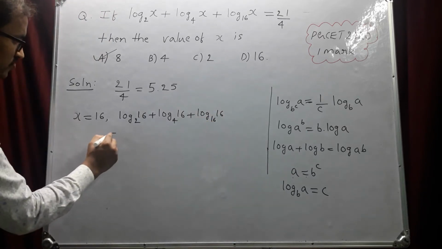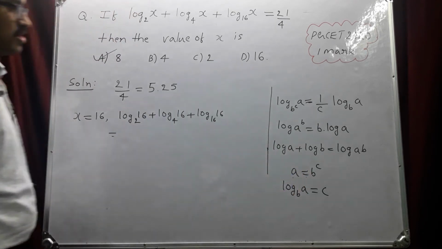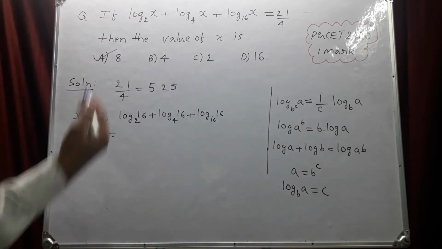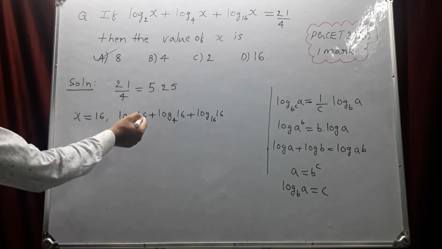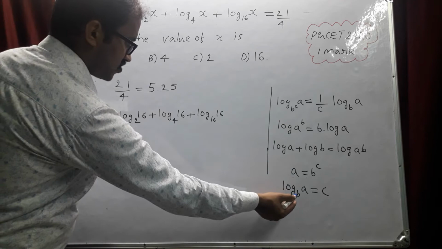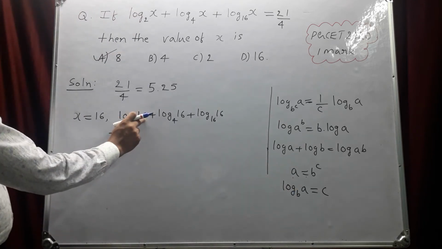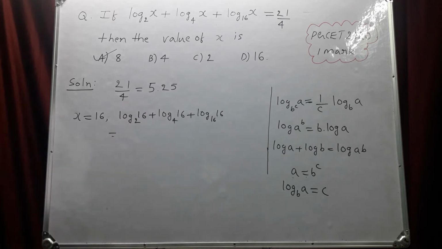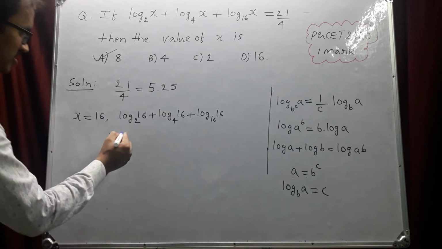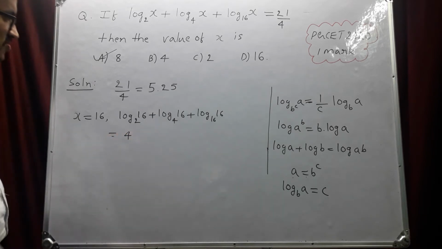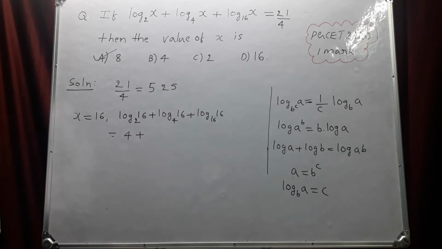By the definition of logarithm, log 16 to the base 2: we know that 16 can be written as 2 power 4. So log 16 to the base 2 value becomes 4,